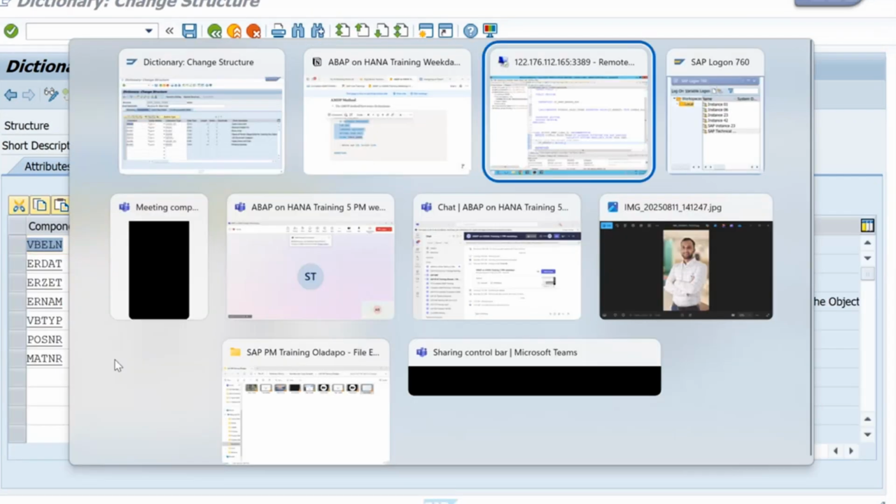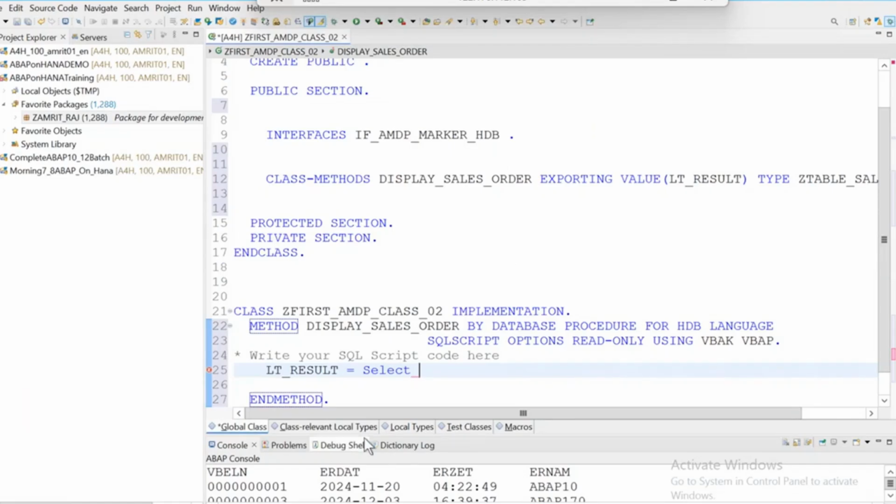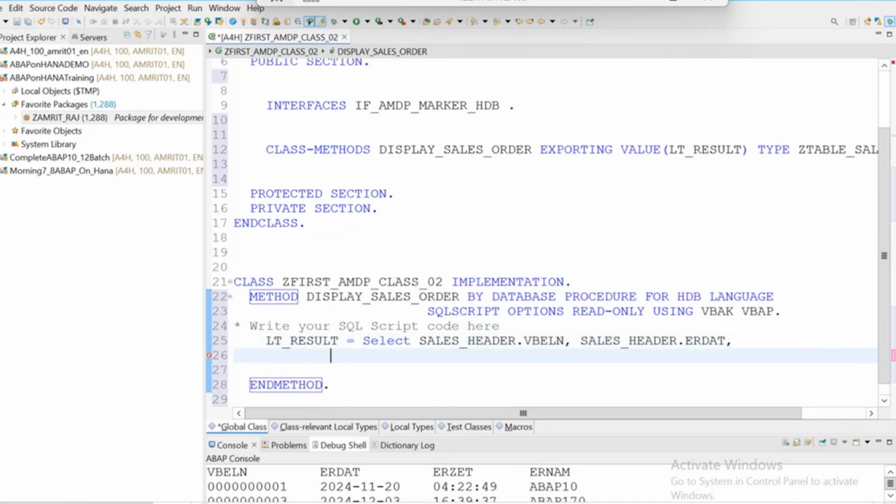VBELN is there, all right. So select A dot VBELN, or better sales header dot VBELN, sales header dot ERDAT, and here I will be having sales header dot ERZET, right? Sales header dot ERNAM,